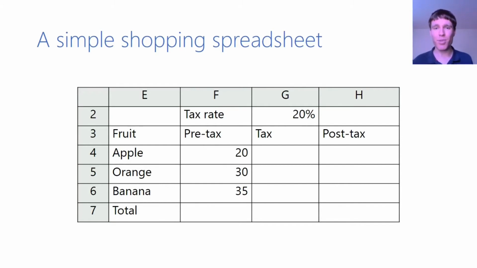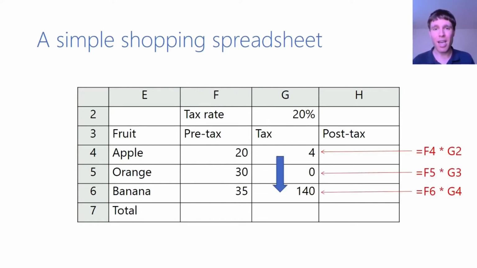For instance, suppose we're shopping for a set of foods and the prices are given without tax. We want to compute the total amount we'll pay, including the tax. We just type our starting data into the cells and enter the formulas we want to calculate into other cells. If it's too mind-bending to calculate the tax on all the foods at once, we can do it for the apple and then copy the formula.